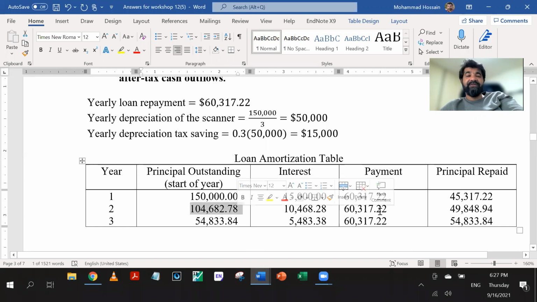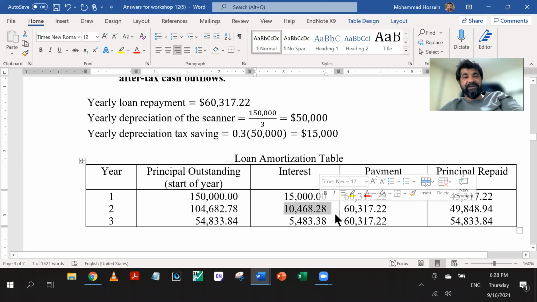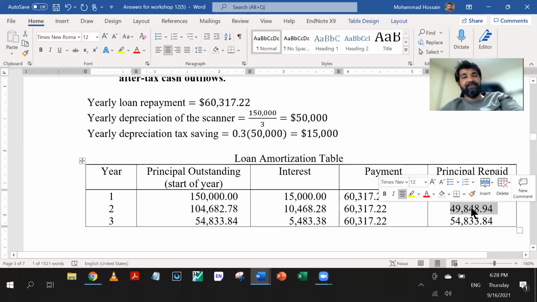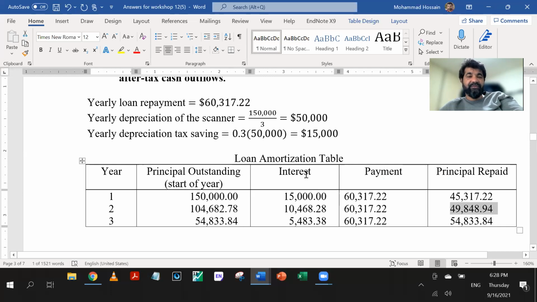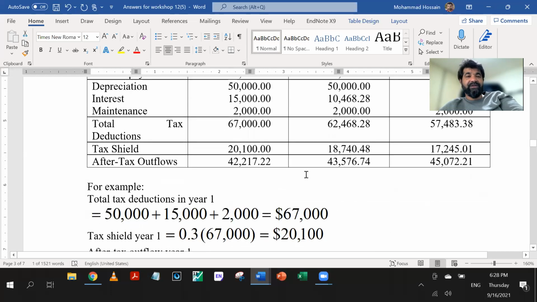Again, you pay 60,000. Out of 60,000, you have to calculate 10% of this. The rest of the amount will be interest expense. The rest of the amount of $60,000 is 49,848.94. So that's the principal amount that will be reduced. So in total,